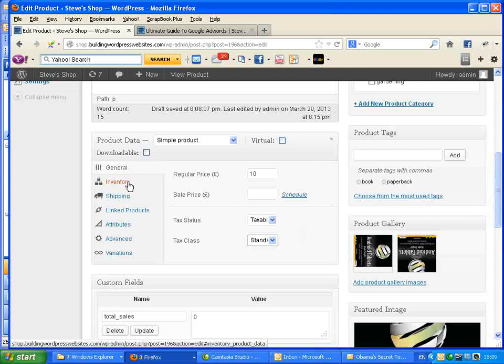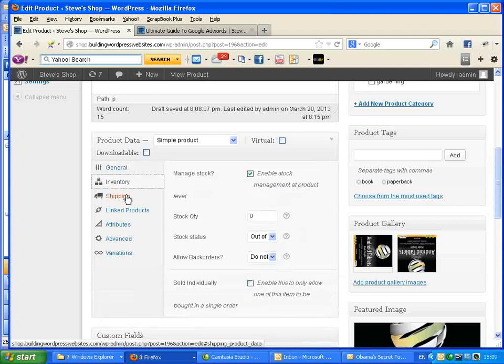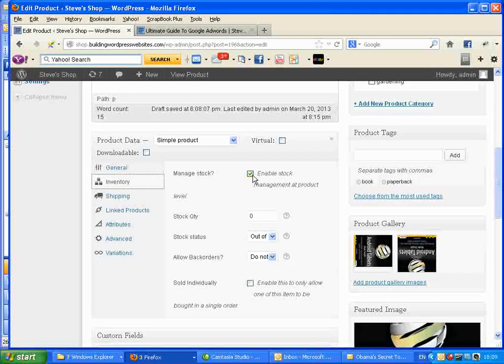Right, inventory. I've enabled stock control here. As far as I remember, it's not enabled by default. If you've got lots of products, you may want to get the stock control or stock management plugin. It's a premium plugin, so you have to pay for it, I think it's about $30. Let's say for a large store it's probably worth it, but we're just going to manage the stock